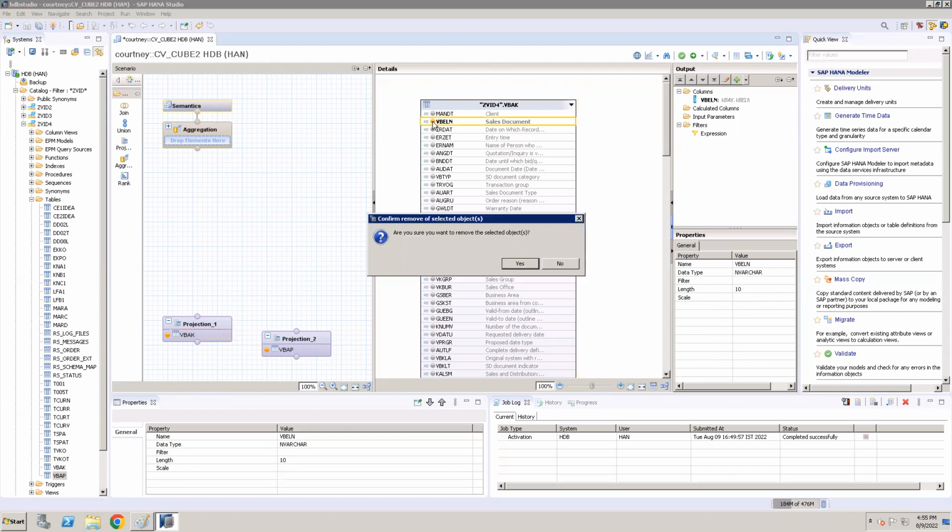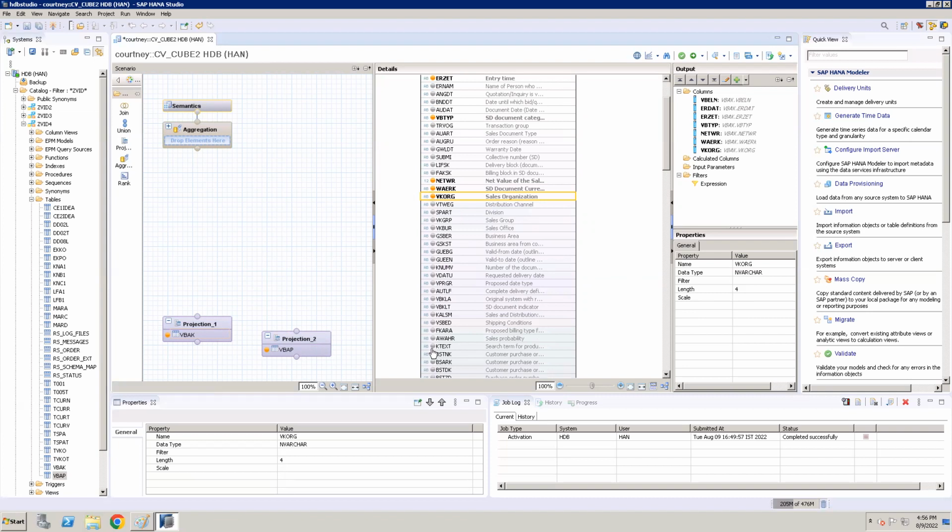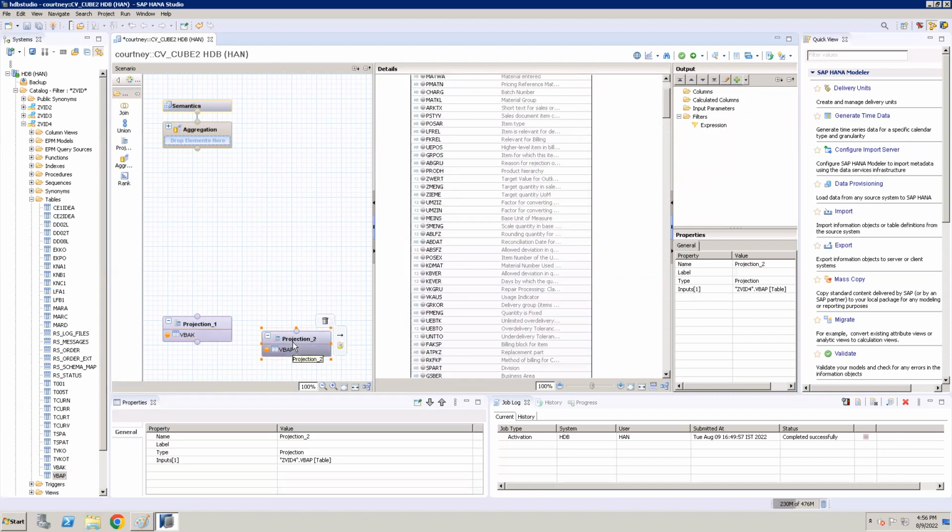Depending on the requirement, you can select the required fields. VB type, NETPR, WAERK, sales document currency, sales organization. Depending on the requirement, you can select the fields, right? And then let's try to select some fields from our VBAP table,